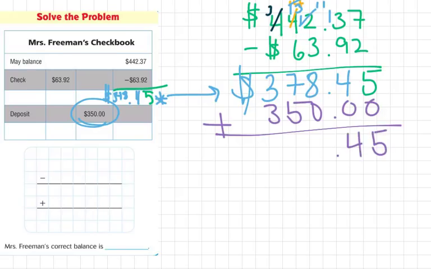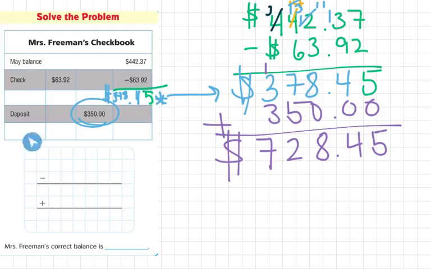This is pretty easy to add up, boys and girls. 8 plus 0 is 8. 7 plus 5 is 12. We have to regroup the 1. 3 plus 3 is 6 plus 1 is 7. We have $728.45. So, boys and girls, I just did all of this on the side,